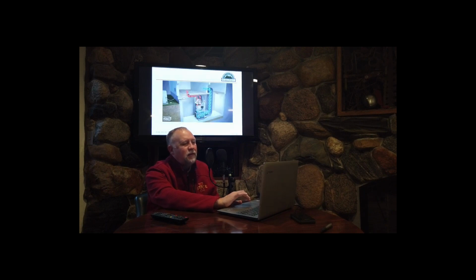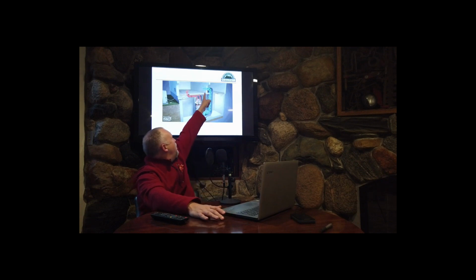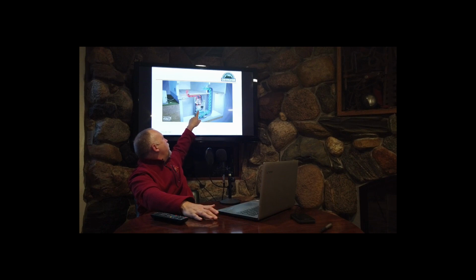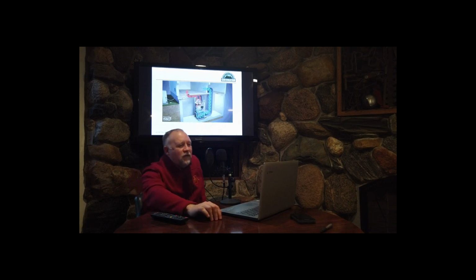Let's take a look at this simple little illustration. Cool return air comes back from the room, right? Goes through the fan. The bottom part here is the fan. There's a filter on the side of the furnace. We blow it through this heat exchanger, and now it gets hot. I have a little close-up of the heat exchanger on the next slide.